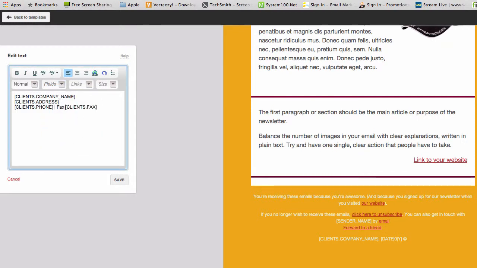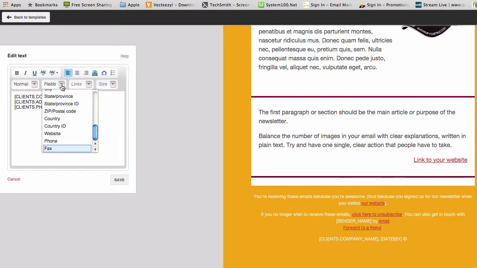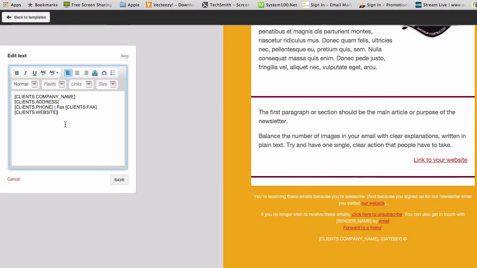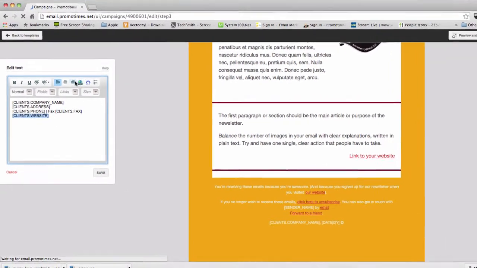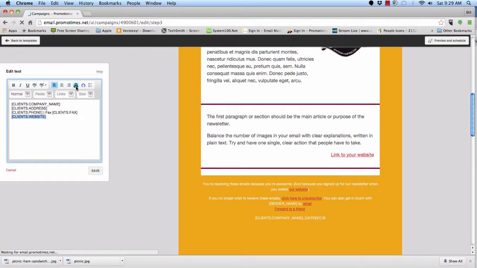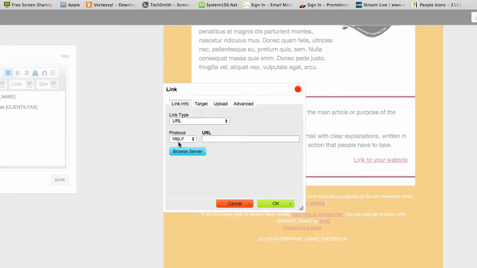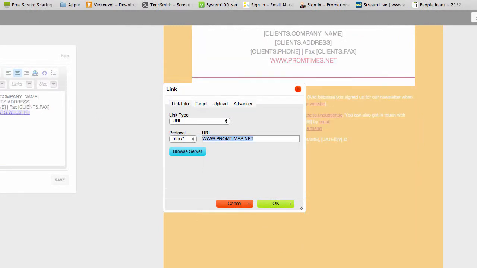Always put a space between it because it's going to show. If you don't, it's going to run together. And you could add your website. Okay. So the website, we want to link client's website. How do we link it? There's a little earth with a chain link on here. You click on this, go to the protocol,